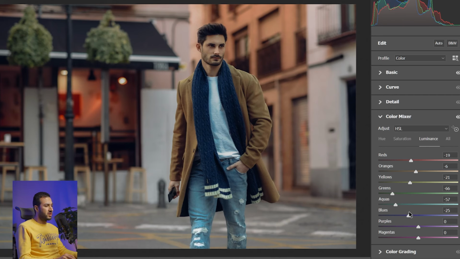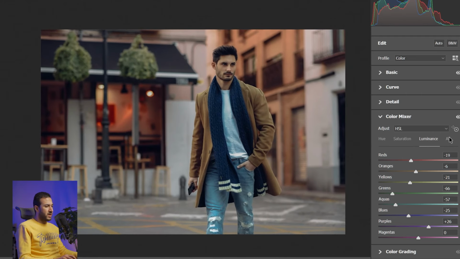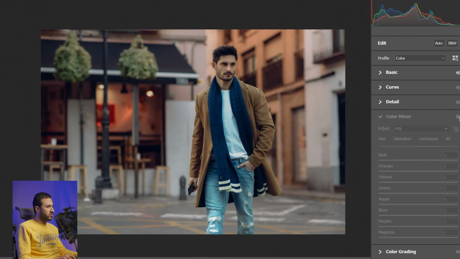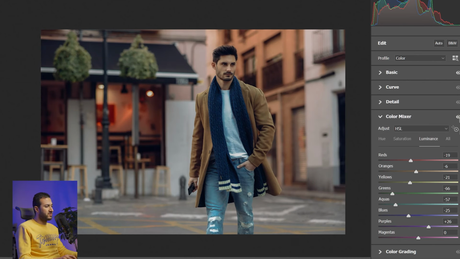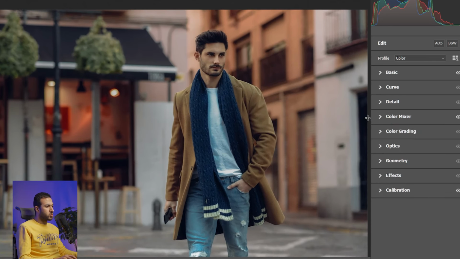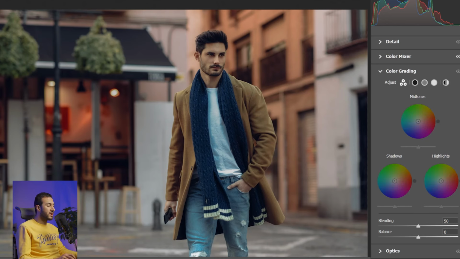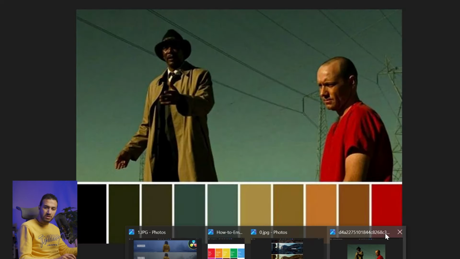So here the luminance is the brightness of a specific color. That is what I'm trying to do right now. So yeah, let's see. Here's before coloring, here's after, before coloring and after. Very nice. Now let's go to color grading and let's add the colors that we want into the shadows, the